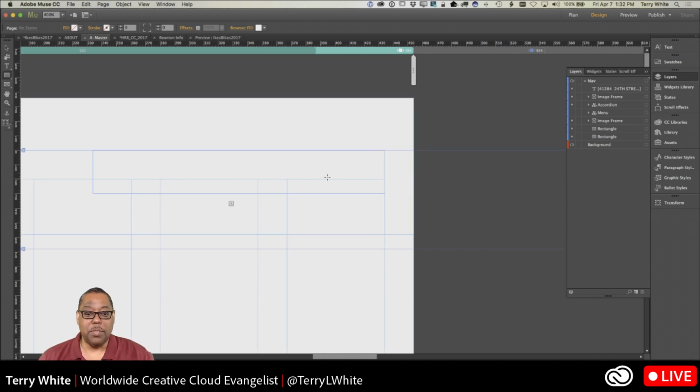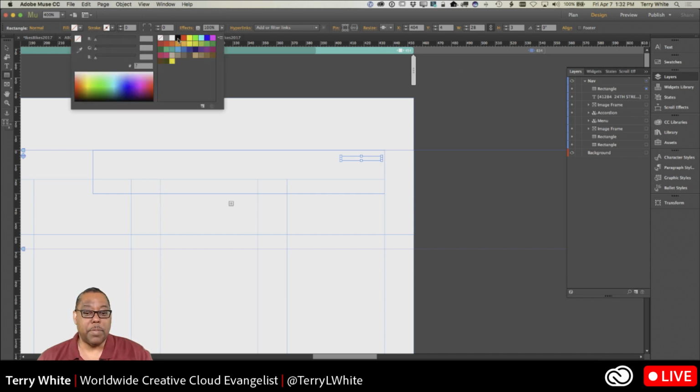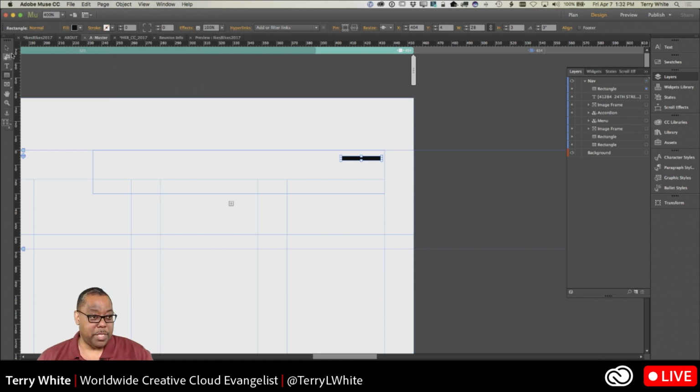We'll grab the rectangle tool, and we'll just drag out a rectangle. And then we'll go ahead and fill that rectangle with a color. Again, it can be any color you want. And then we'll just duplicate that rectangle. So another tip, hold down your Option or Alt key in most Adobe products, and when you drag, that will create a duplicate. So one more time, we'll drag, one more time,